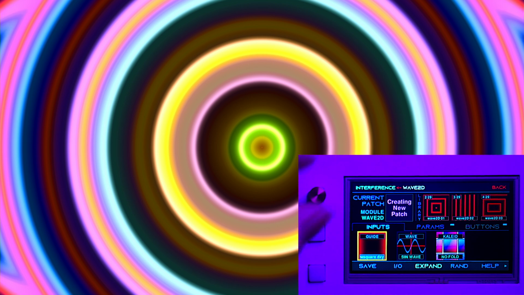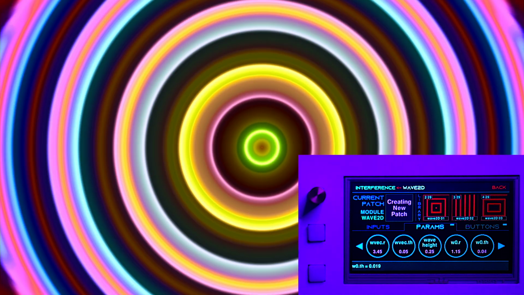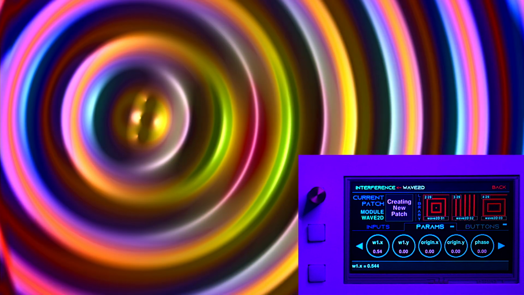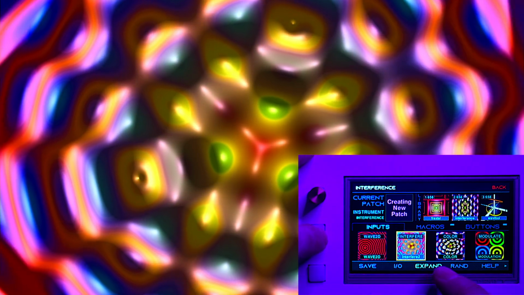And these little glitches you see are just from the preview render. You don't actually see those when you are using this module. So the basic idea is you generate a 2-dimensional waveform. You've got a bunch of parameters in here where you can change the frequency. You can rotate it, but because it's a circle, it's not really doing anything. You can move it around with these controls. Now you actually start to see the interference because it's moving each of the copies in different ways. Yeah, so this is what we're generating as the waveform, and then the interfere module here takes multiple copies of that